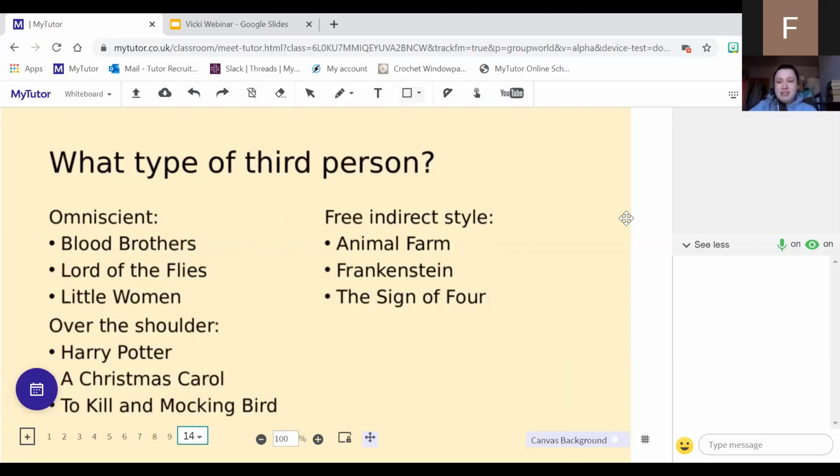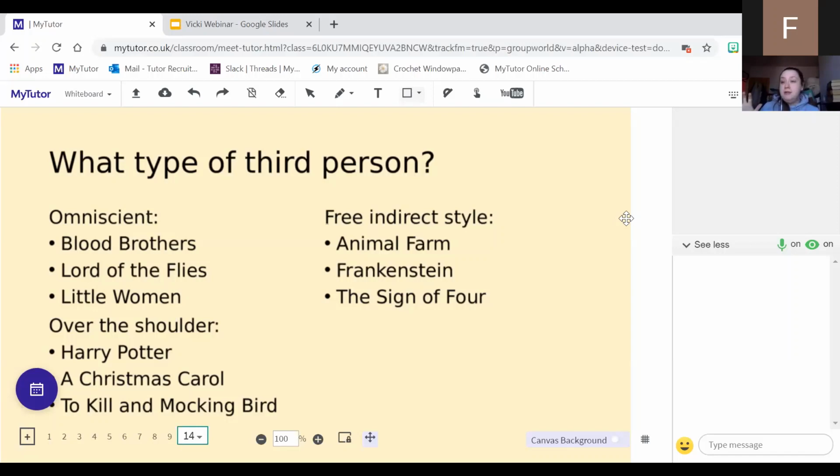So different types of third person there. I've got omniscient, over the shoulder, and free indirect. Omniscient, I've already explained to you. I've also put Lord of the Flies down there and Little Women as some examples. Over the shoulder, so Harry Potter, Christmas Carol, and To Kill a Mockingbird. So To Kill a Mockingbird is, oh, that says To Kill and a Mockingbird. To Kill a Mockingbird